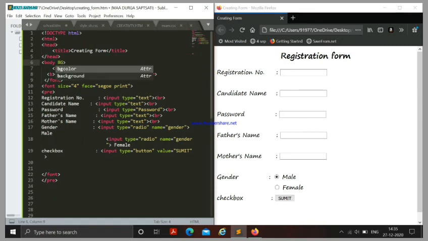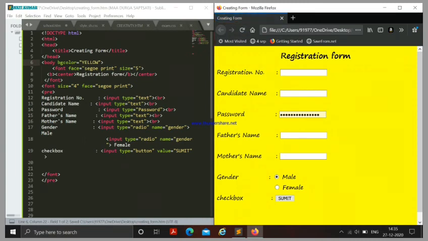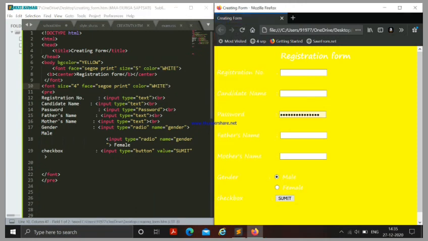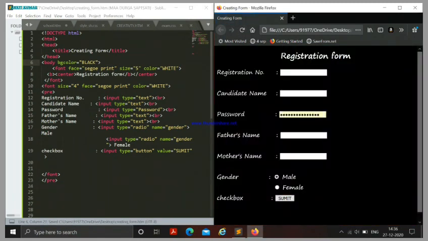And now the simple form is ready, and we will change the background. So from the bgcolor we can change it to any color. Now we are going to put a black background color, and before doing so we have to change the font color to white from black, because the default color of the font is black. Now refresh it and all the text becomes white, and we will change the background color from yellow to black now.